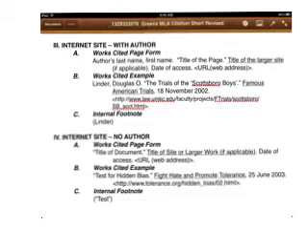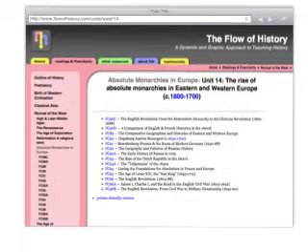The next thing that we see we have to look for is the title of a larger work, only if it's applicable. In some cases we might not be able to find the title of a larger work. But let's go ahead and see if we can do that. So here we are again at the site. Now at first glance it might appear that this is the title of the larger work. And that's a safe guess. I mean, it looks like it's the title of a book, and this is just a chapter in the book. But what you want to do,